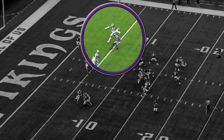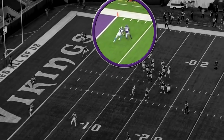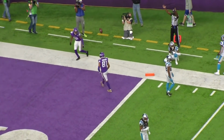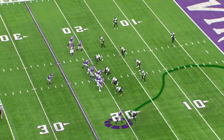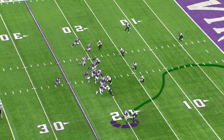This time he stops, lets the corner overrun him, and then sprints to the side. Boom, another catch and another touchdown. So he is so good at selling and going toward that deep middle safety, threatening that, and then getting back outside of the corner. You'll see him one-on-one down at the bottom of your picture, plants that foot, and you